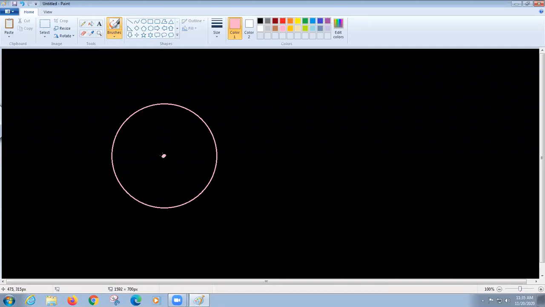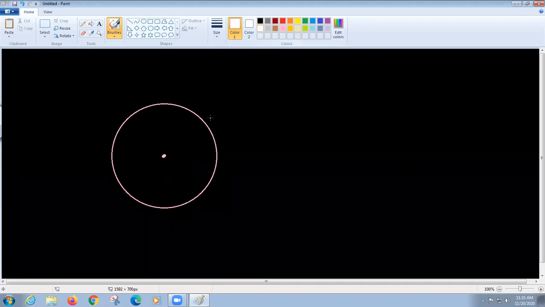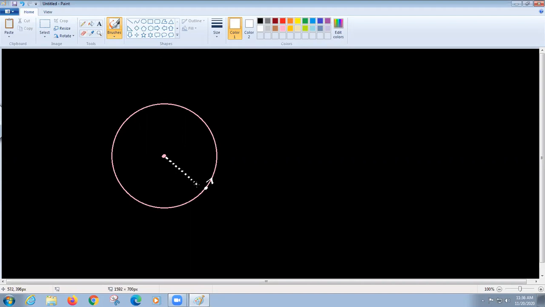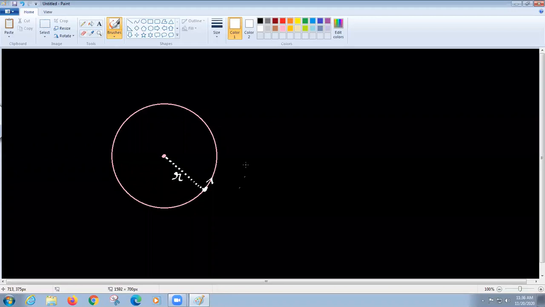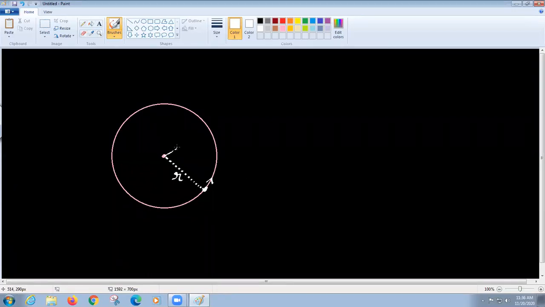This is my center of the circle. Suppose a particle is moving. A particle is taking some journey. He's somewhere here. This particle wants to move like this, anti-clockwise. Now this is my radius. This particle is taking a radius r from the center. This guy is moving like this, and say it reached somewhere here.